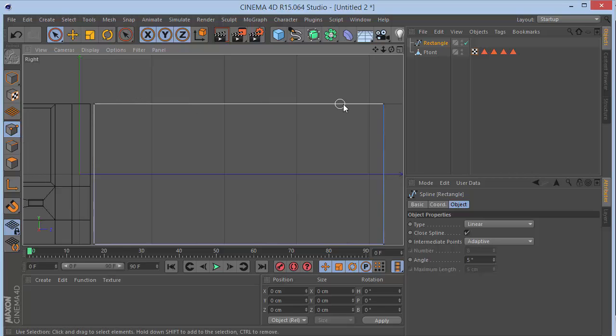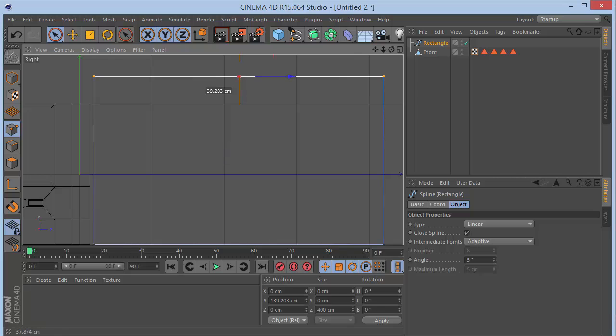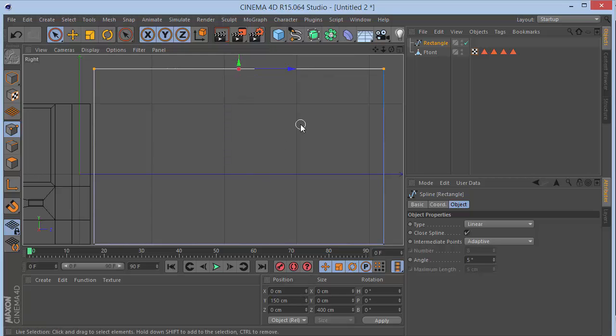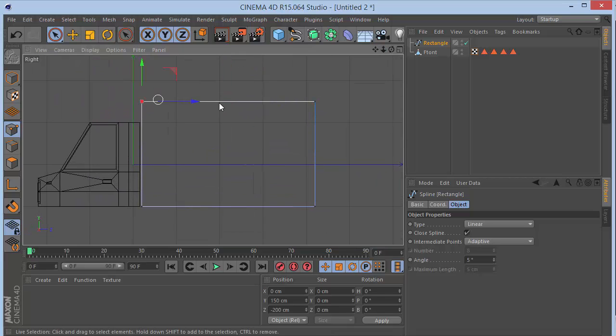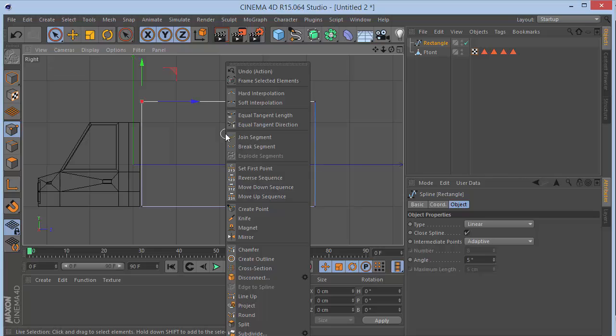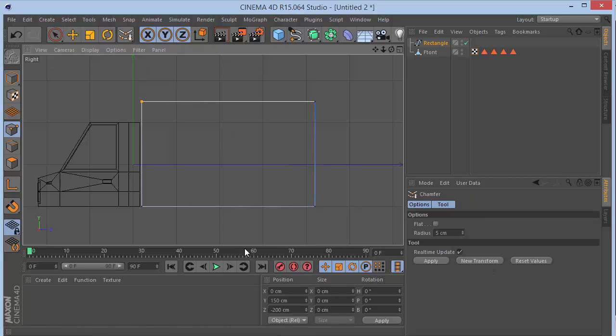I'm going to select these 2 points, hold down Shift, and move these things up. So let's move it up to, say, 150. Okay, and then I'm going to select this point, right click and choose chamfer. What chamfer does is it allows you to smooth out by giving a roundness to the spline. So if I increase it, you can see it's nicely chamfering. I'm just going to give it a chamfer radius of, say, 50,